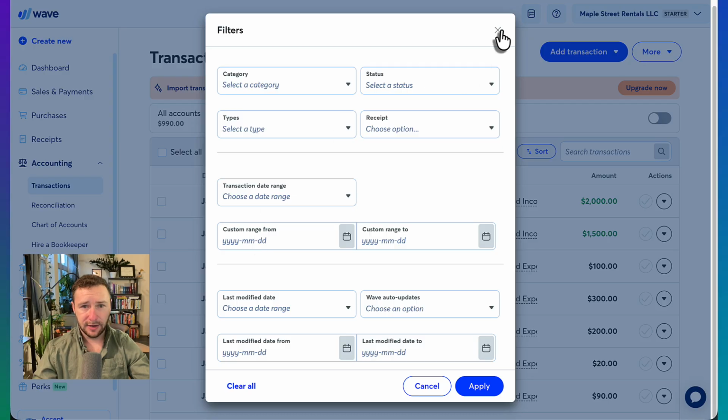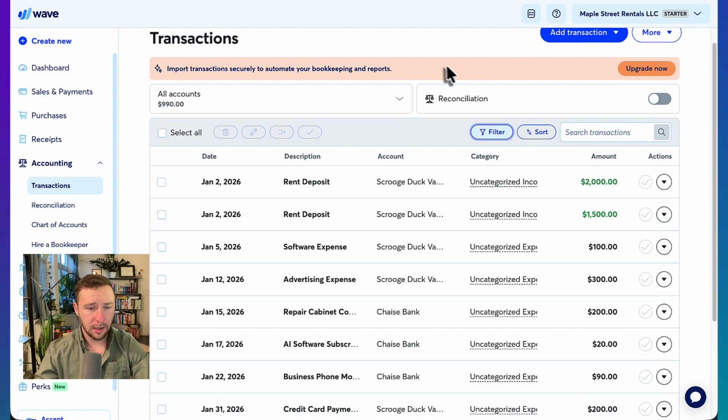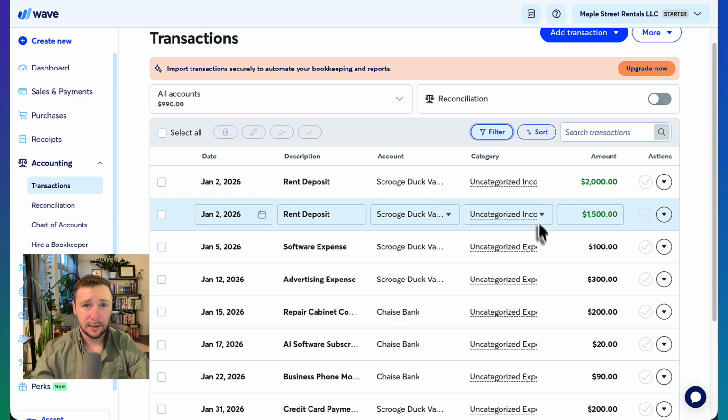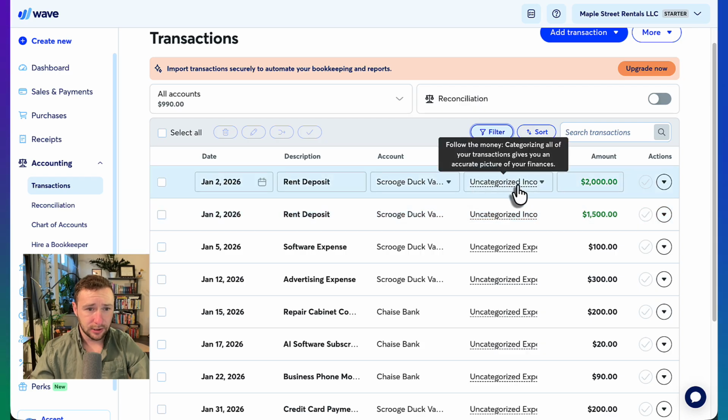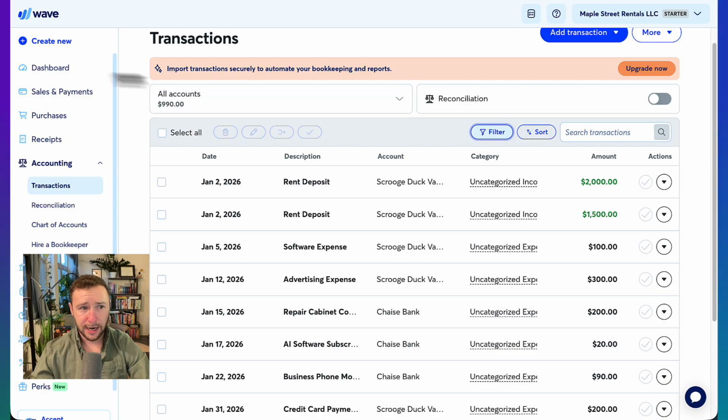So yeah, I definitely recommend using filters if you're trying to find specific transactions in your books. So here is the transactions dashboard. What you do, if you're doing your own books, is basically go line by line, categorizing each expense and income. And I'm going to point out right now, before we start doing this,